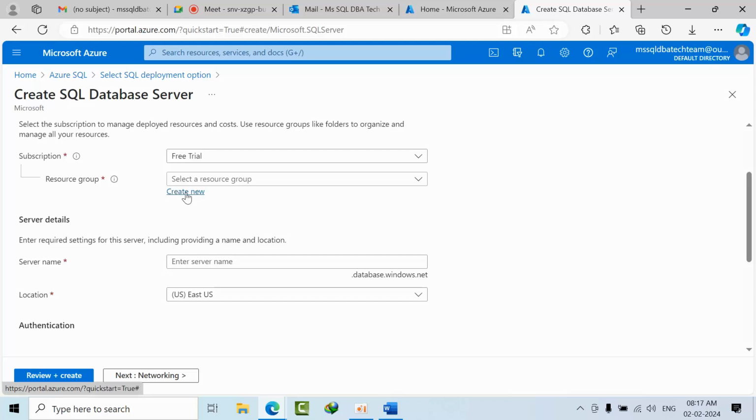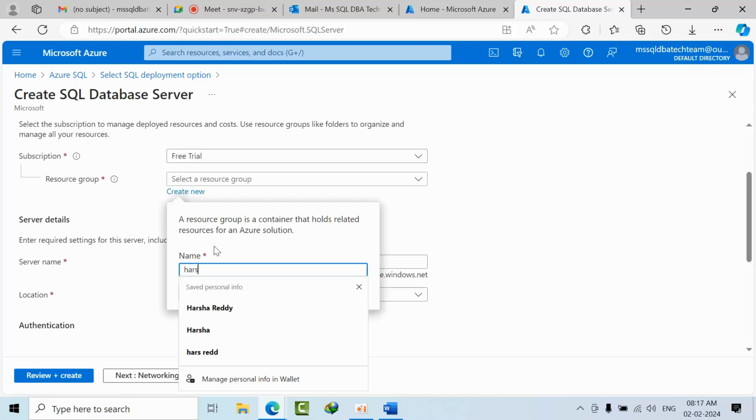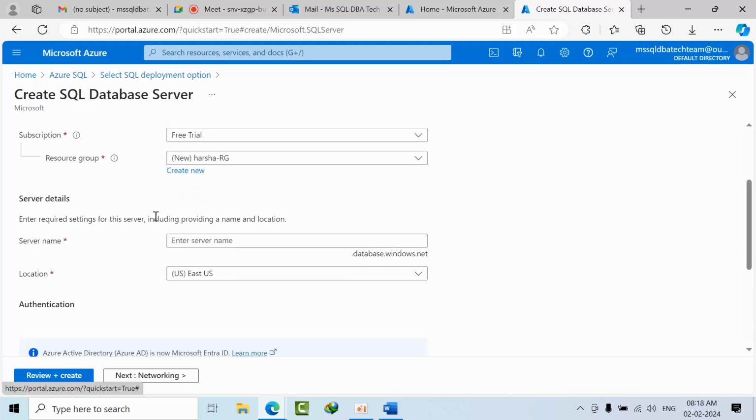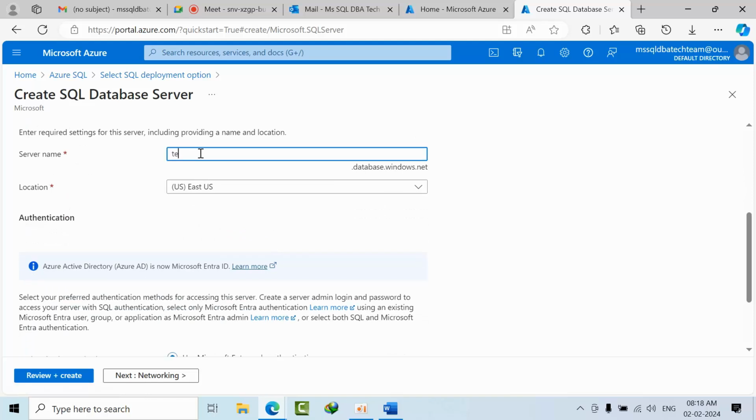Now you need to create a name like Harsha, whatever name you choose, hyphen rg. It is a naming convention. You can give anything, but whenever I see it, I know this is a resource group. In real time we have n number of objects, so to identify them just by seeing, most people recommend hyphen rg. Okay, now I have created the resource group here. Now test demo